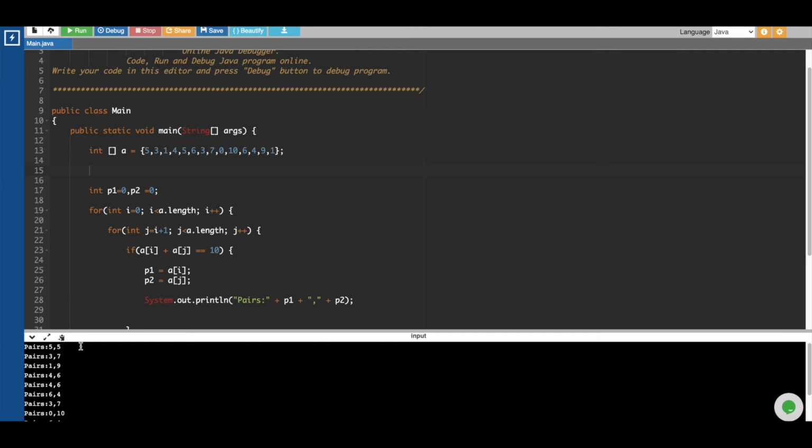Now another pair whose difference is 0 will again be 5 comma 5 only, right?